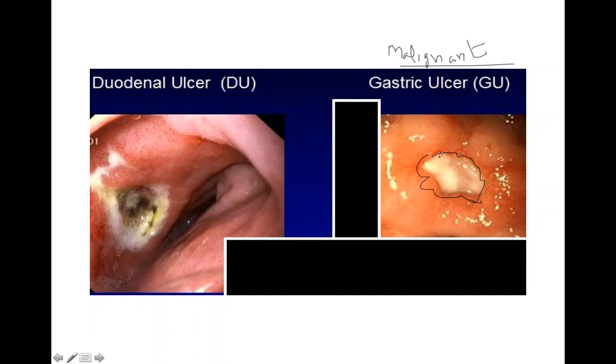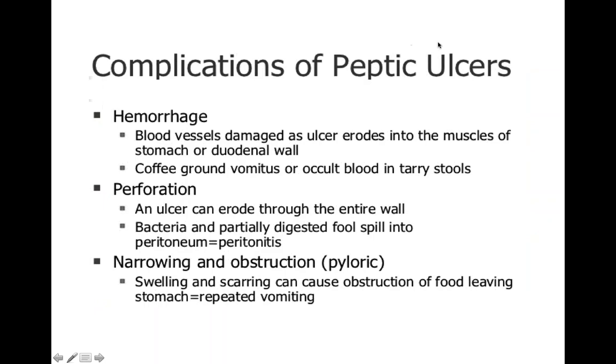So gastric ulcer will have irregular margins, and the patient can have various complications of these ulcers. There can be hemorrhage. Most common complication of ulcer is hemorrhage. So the patient can have hematemesis or melena or even hematochezia. It can also lead to perforation or penetration or even obstruction. Obstruction occurs when the ulcer is at the pyloric end.